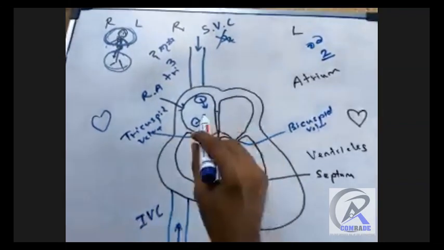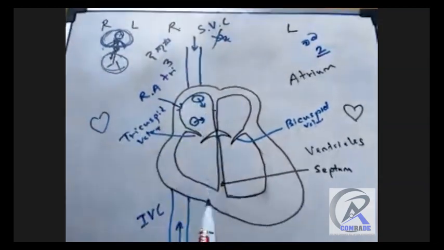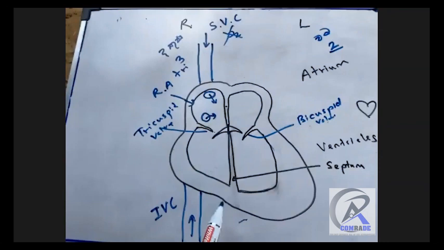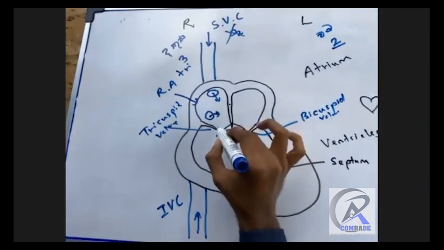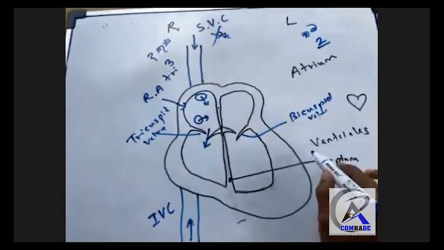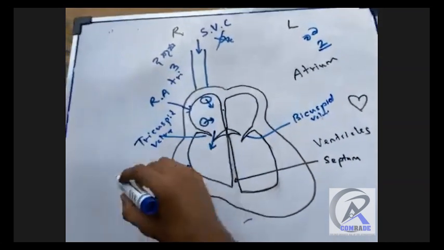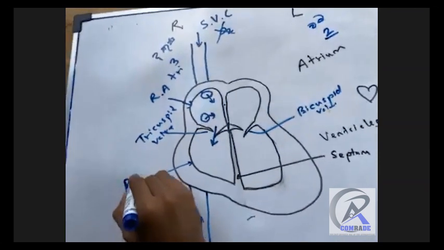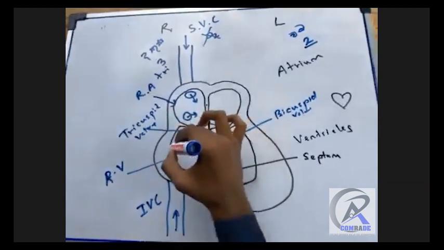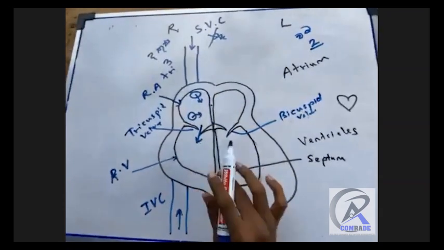When the blood totally fills this right atrium, what's happening at a moment? It will start to flow down to the right ventricle. So these are ventricles, these are atriums. At a particular moment, it starts to move to the right ventricle. Once all the deoxygenated blood, that means used blood, has filled this area, how can it go outside?